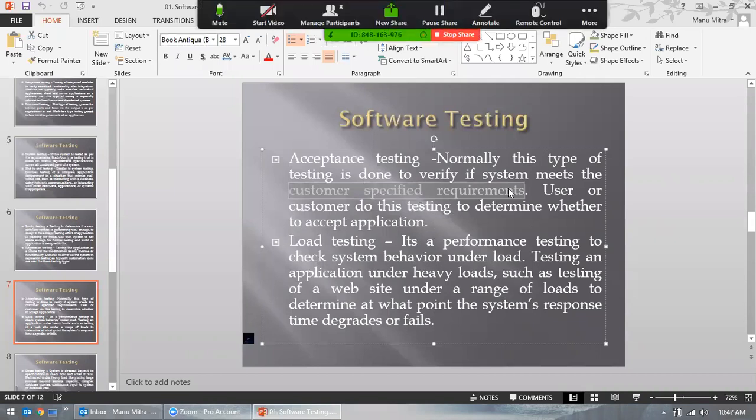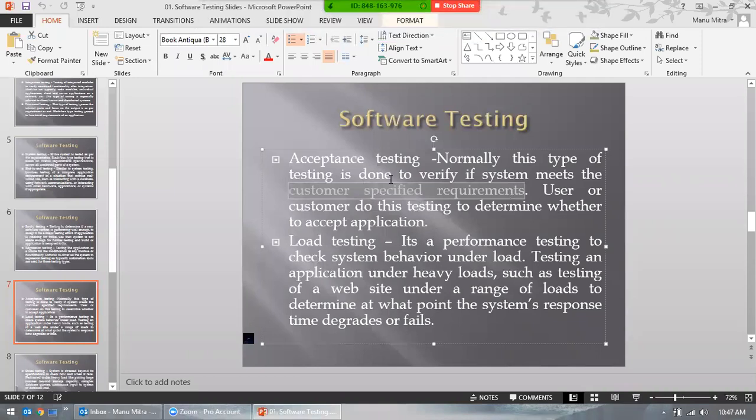In that case, this acceptance testing will be done by those specified trained people. UAT. So what they will see is that